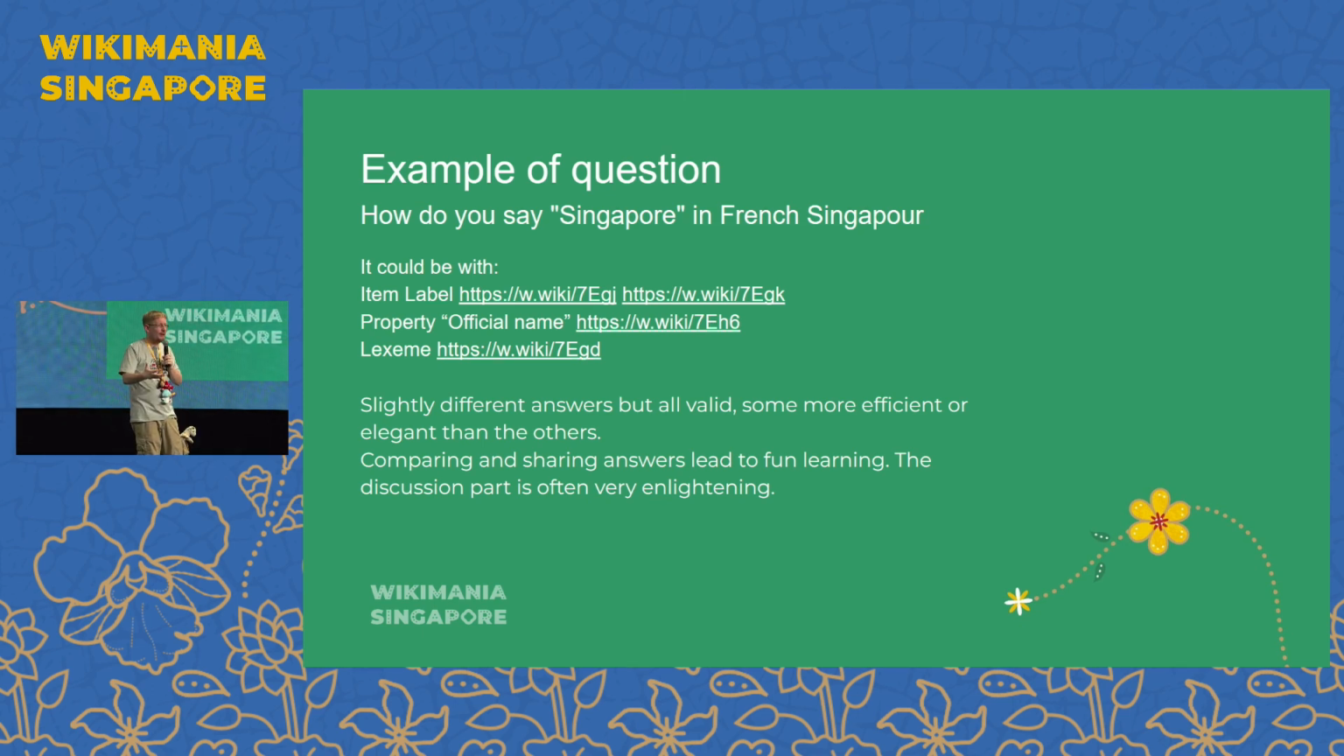And there's a lot of ways to do it. You can query the item label. There's 2 ways to do it. There's an official name property inside items in Wikidata that you can use, or it can be with lexemes, and it can be a lot of other ways. So I knew when I asked the question that different people can find different ways to find the answer, and